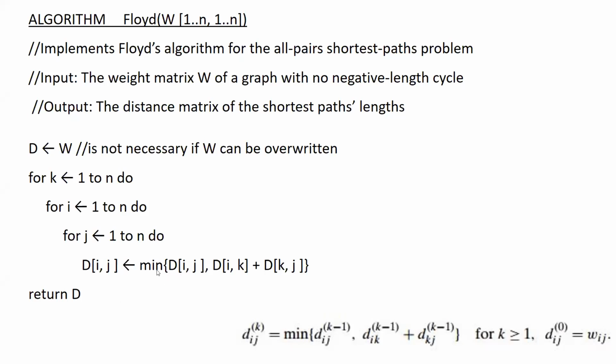So what will I overwrite, and when? I will overwrite only when I find a minimum. The already existing value in D, I to j, is considered as it is. And if I find some better possible path by considering k between I and j, that is I to k and k to j, and if I to k plus k to j is smaller, I will update; otherwise I will keep the minimum value as it is. Among these, whichever is minimum, I will keep. And after updating I will return D, that is the distance matrix.